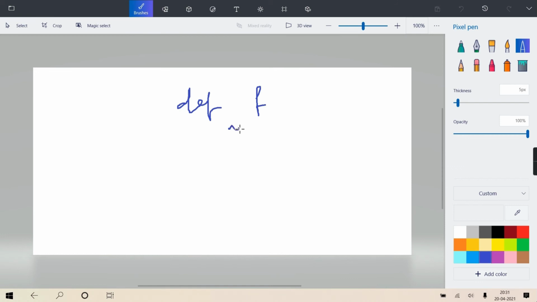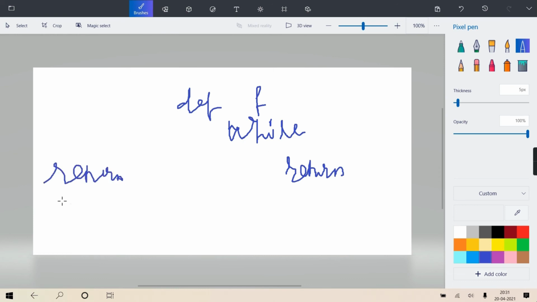Now within that there is a loop, and inside that there is a return statement. So return is going to terminate the function, so obviously this loop is also going to get terminated along with it. Okay?